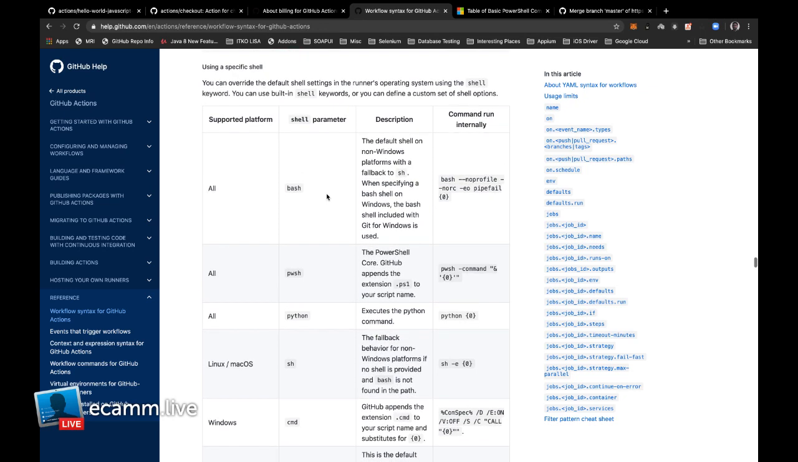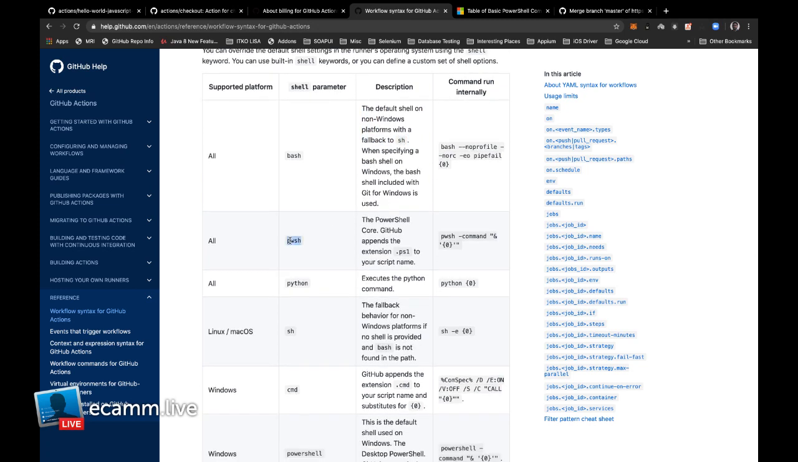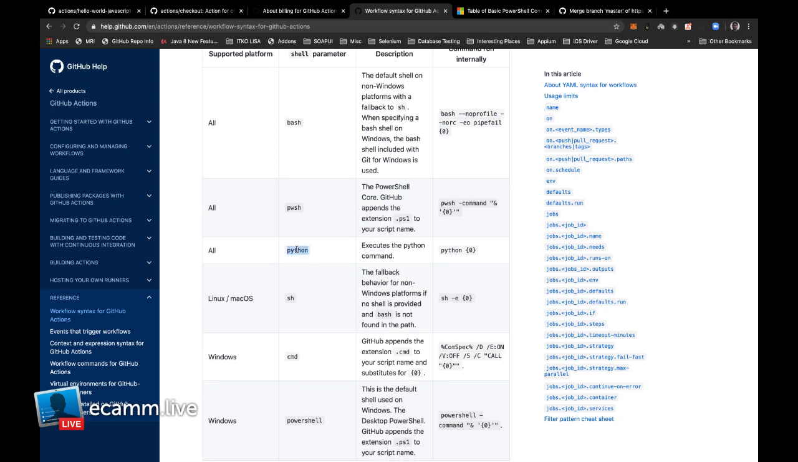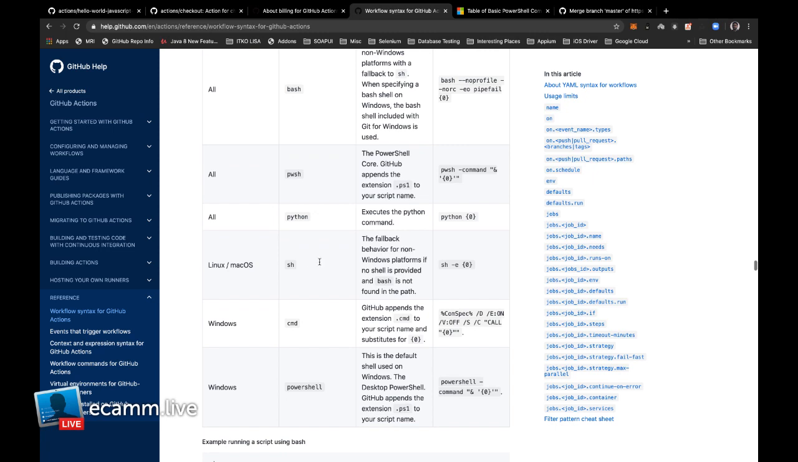Here you can see what all the supported shells are for each platform. So Bash is supported across all. The default shell on non-Windows, right, is sh. And PowerShell, as I mentioned, is PowerShell Core. Okay, and Python can be executed across all. But if we want to use